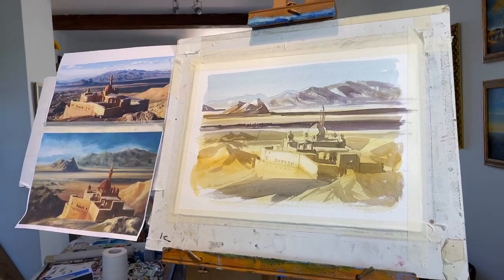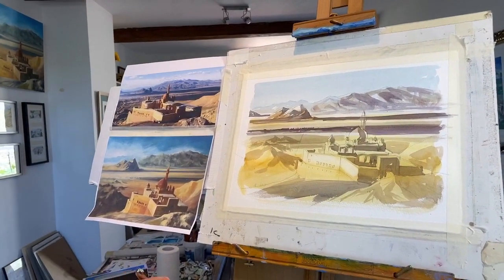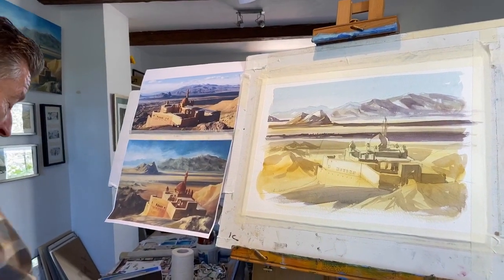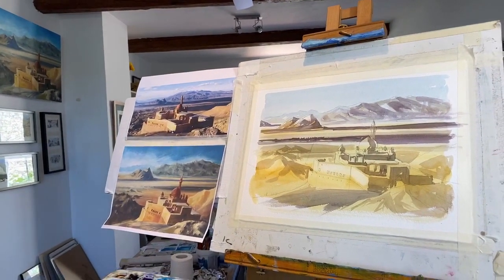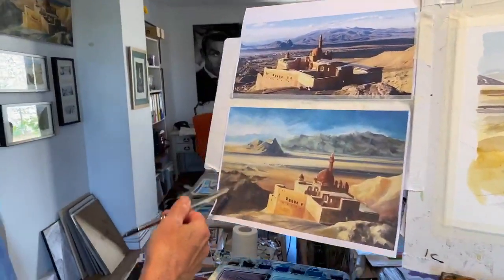So a little bit of burnt umber, perhaps a little bit of magenta, and a bit of Payne's grey. Can you test it out, please? Let's test it out. That's okay. What I want to do is, in the painting, the master painting, he's got it